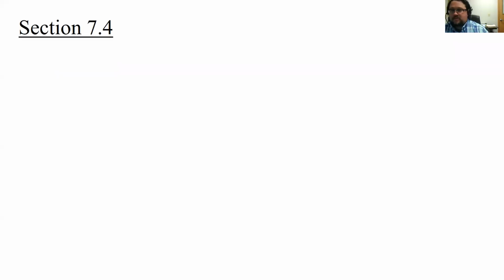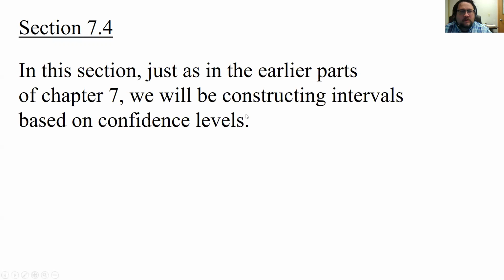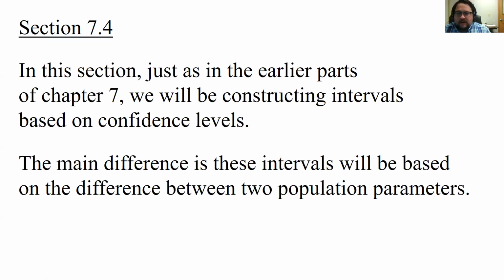All right, in this section, we're going to finish up chapter 7. So we're going to still be constructing an interval, and we're going to base it on some confidence level. 80% confident, 90% confident, based on whatever we're told here. The main difference here is we're going to compare two different populations. So we're going to look at the difference between the means between two populations, or the difference between the probabilities